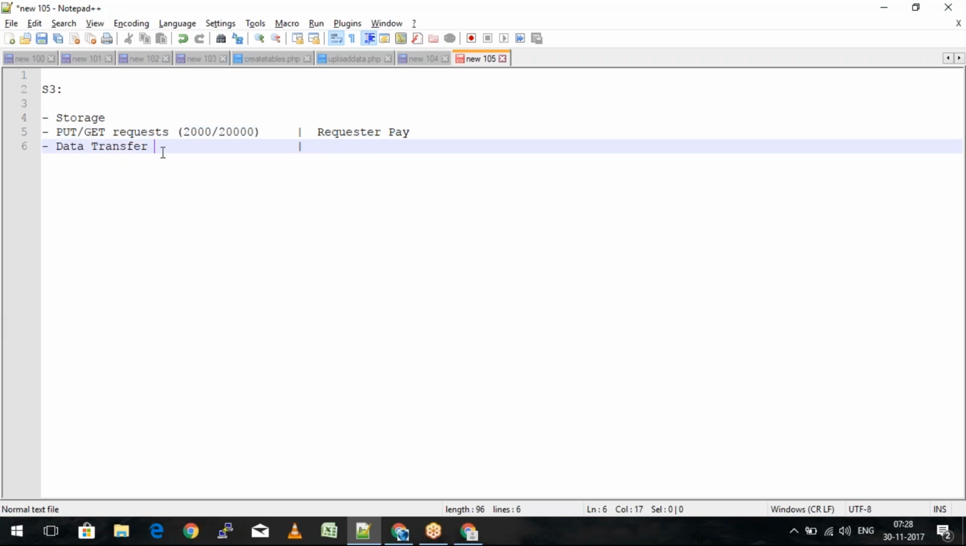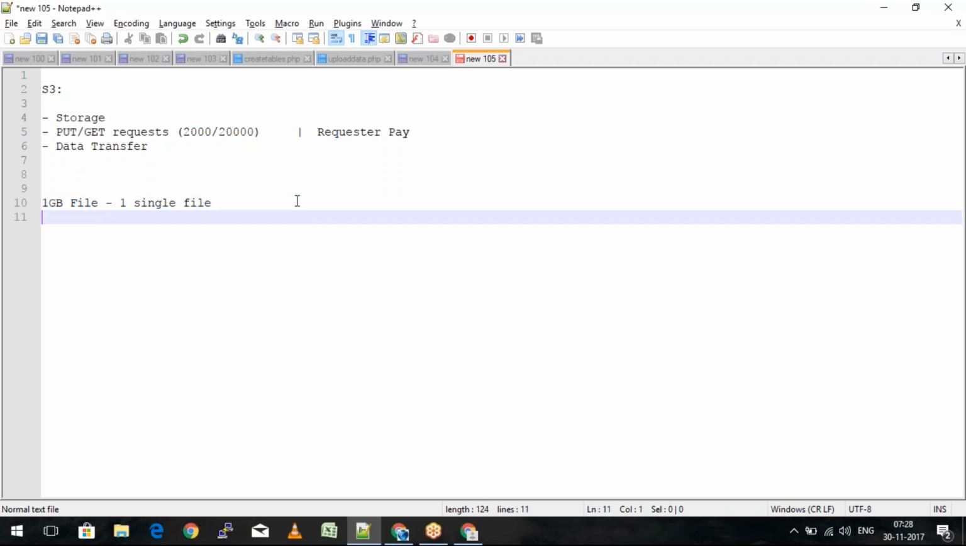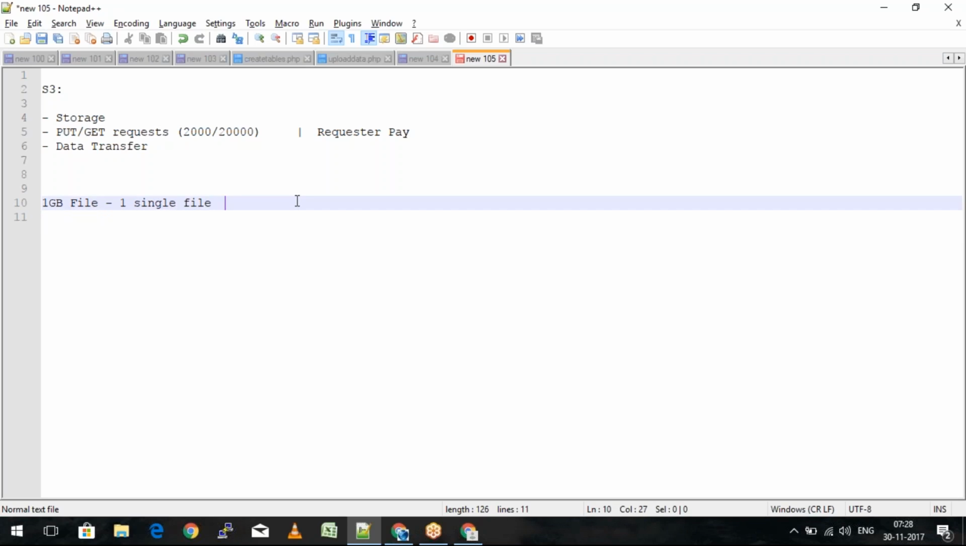Let's say, in terms of storage, every day I am storing 1 GB of file that gets generated from my web server. Just as an example, let's say I'm trying to store 1 GB of file every day, and that is one single file itself. So basically by the end of the month,